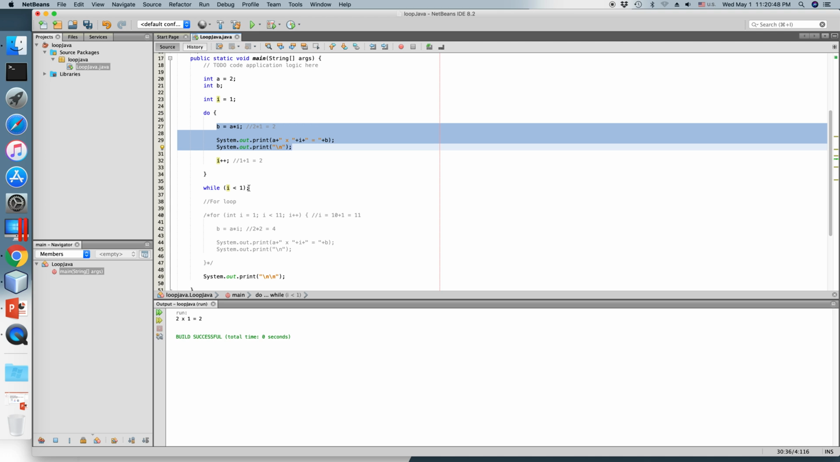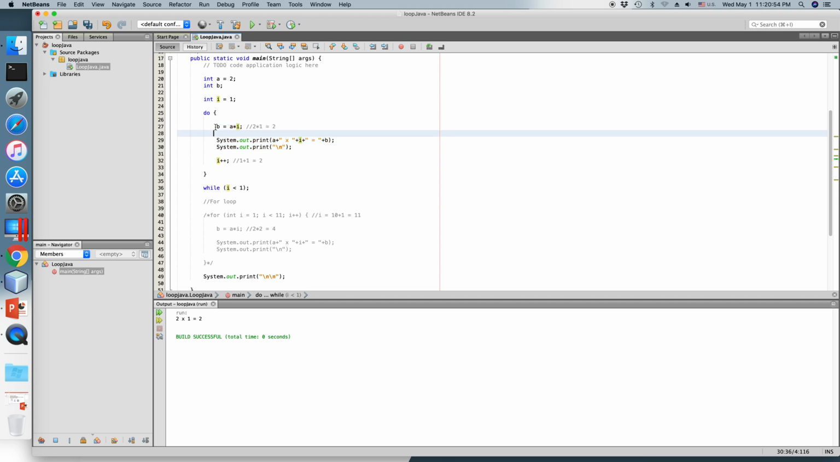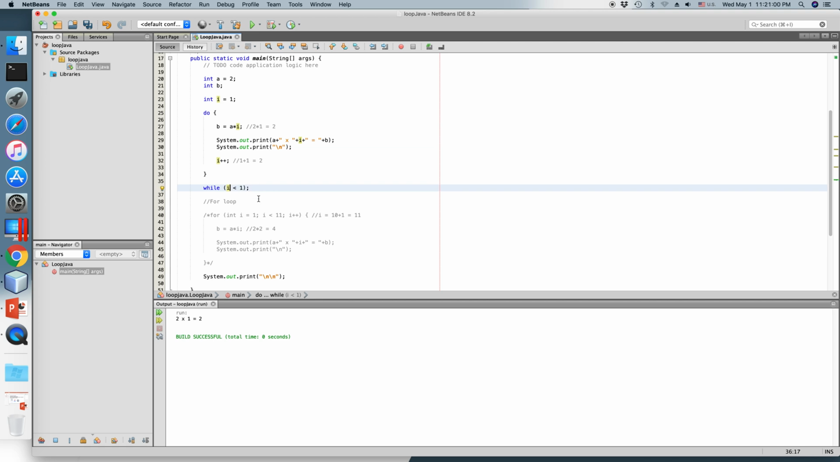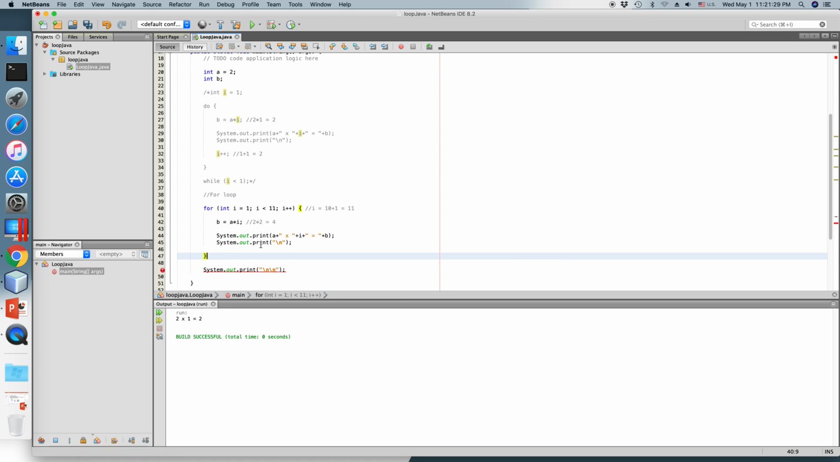So at the very beginning, whatever your condition is, it will execute the statements, whether your condition is true or not. Like here, 1 is obviously not less than 1. Still it is printing, because it is not checking this condition at the very beginning of running the loop. Okay, I think you've got the point here. But if we do these things in our for loop, for example here, if I change my condition now to 1,